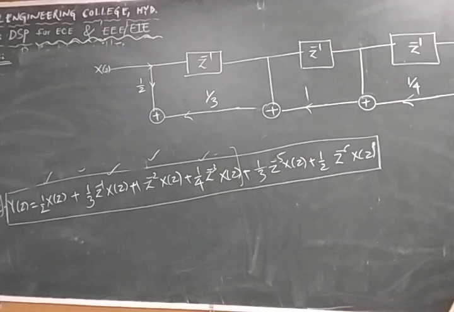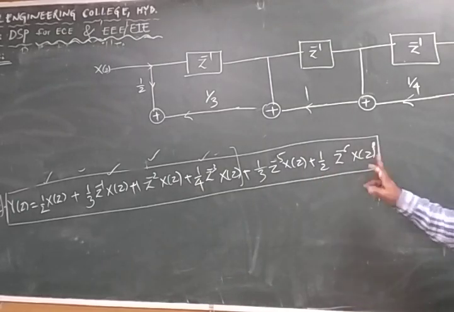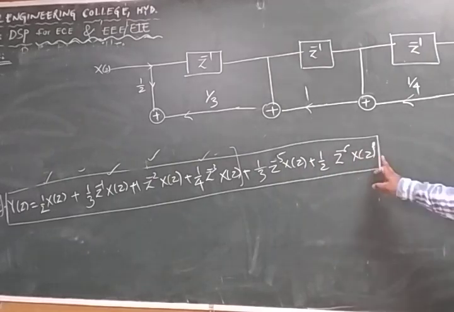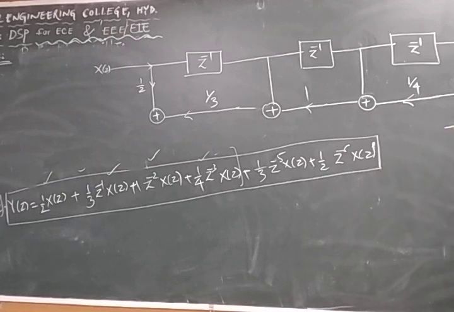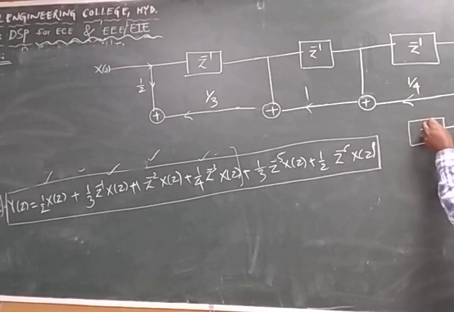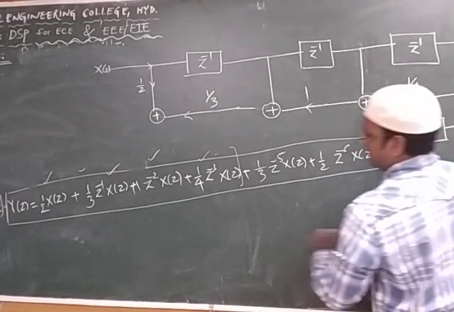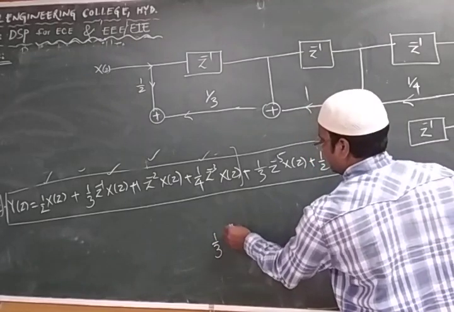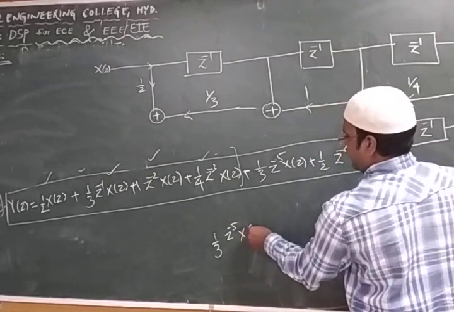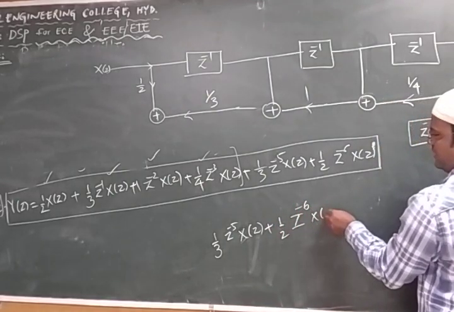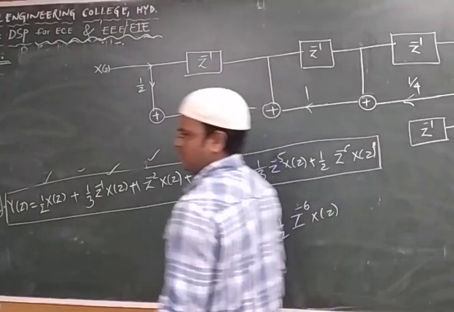What about the remaining? We had this one, right? These two factors are left out: z power minus 5 and z power minus 6. So these are the two factors left out. So what I'm doing, I'll take z power minus 1, right? Again I'll take z power minus 1. I'll write the equation here. So we are left with 1 by 3, z power minus 5, x of z plus 1 by 2, z power minus 6, x of z plus, the question is,